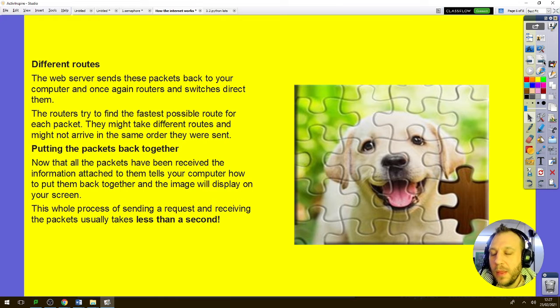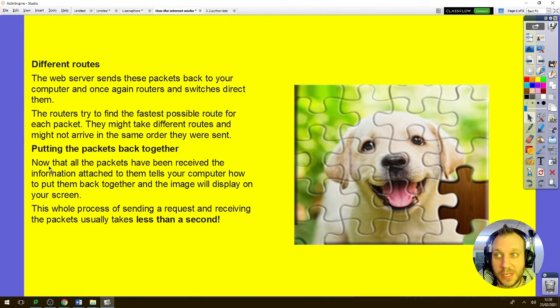So that request could go lots and lots of different ways. When you send that request out, there will be more than one route. If you think about it like a map of roads, there's more than one way to get anywhere. So depending on how much traffic there is on the internet, your request and the information you get sent back will actually come and go via different routes. So it tries to find you the fastest possible route. And if that means going around a heavy traffic area, it will do. And then once you've got all the packets together, you piece them together using their instructions and you get the